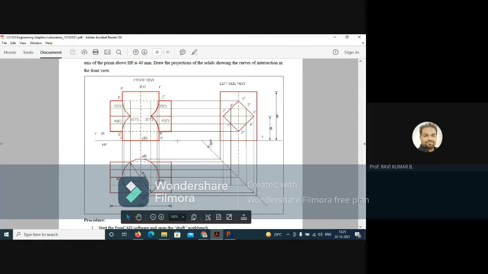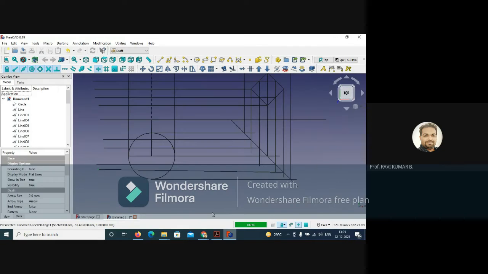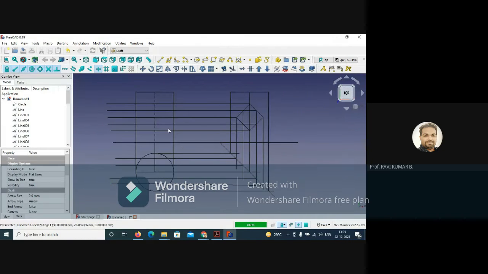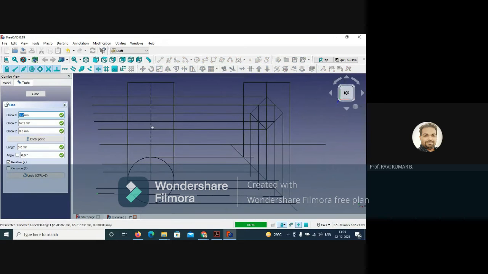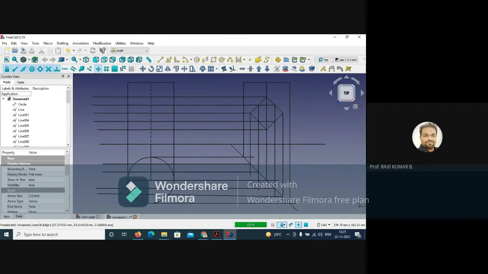For that, from the center, draw 50, then take this distance, and finally 100, and finish it over here. Same thing you have to repeat over here also. So take the line command again, from here. This is the line command, and you can start from this point, go this side up to 50, right? Just leave it like this, mention 50. So this has been created. Just delete this line.